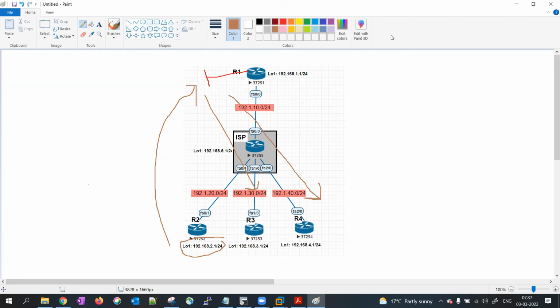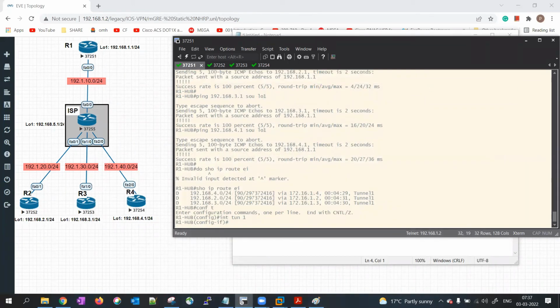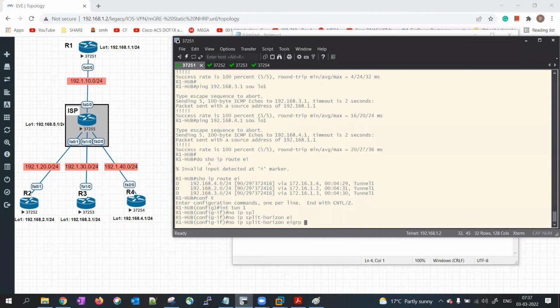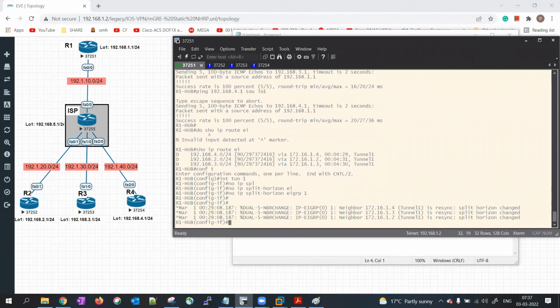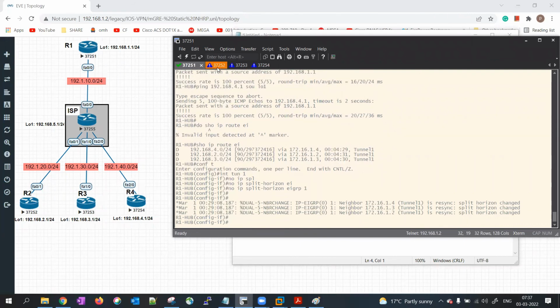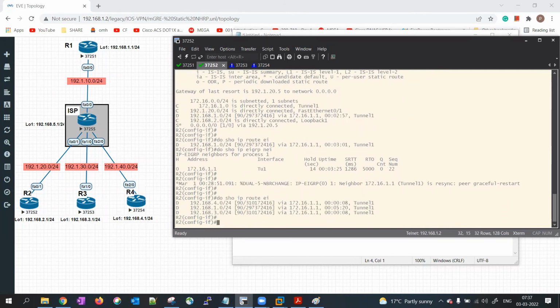Now, to override this behavior, we can go on R1 under the tunnel interface and say no ip split-horizon eigrp 1, where 1 is your autonomous system number. Neighborship will get resynced. Now, if I check the routes, I am seeing the routes of other spokes as well. Earlier, I was having only this one, but now I'm learning about R4 and R3 as well